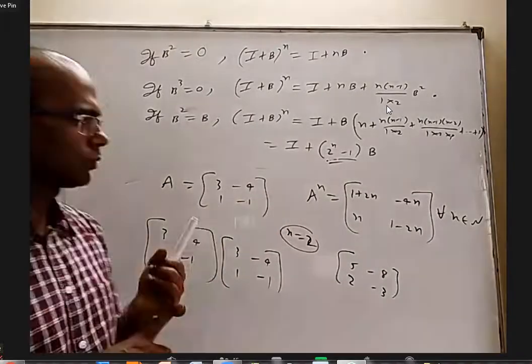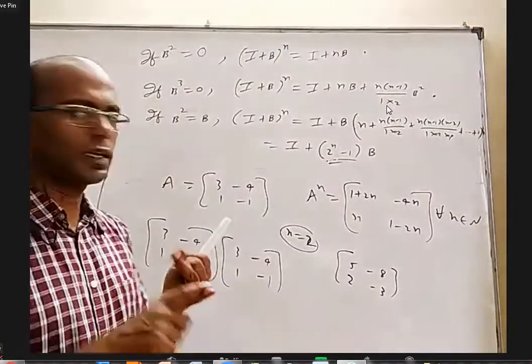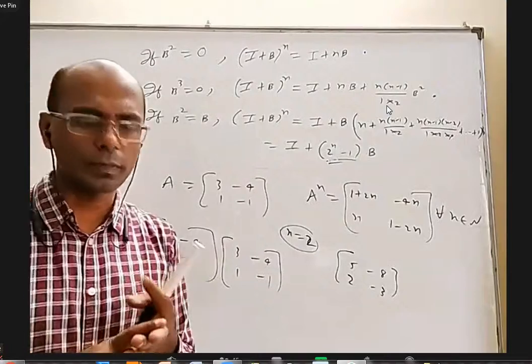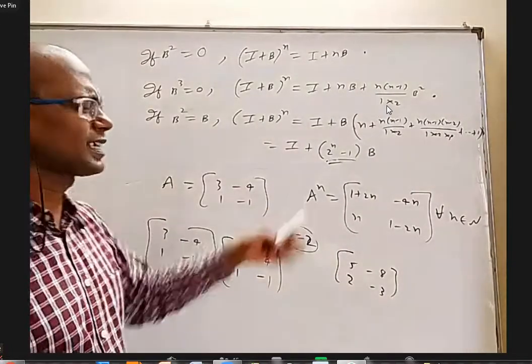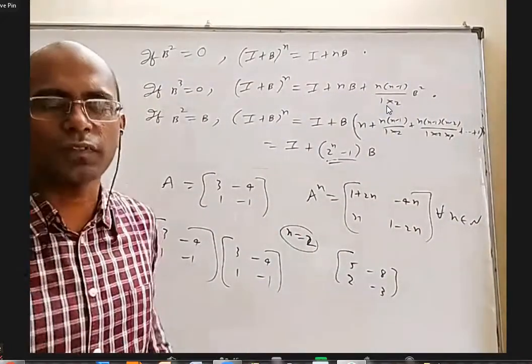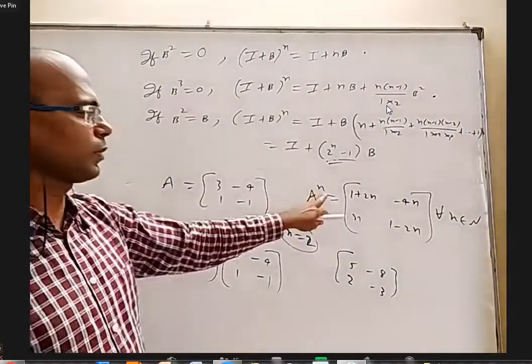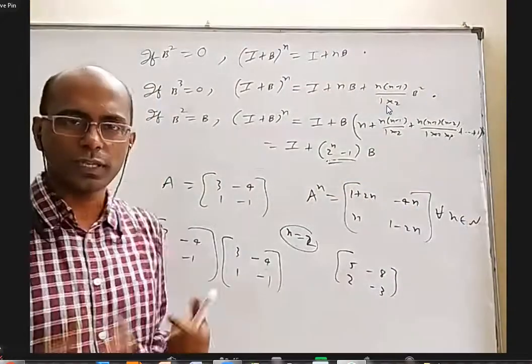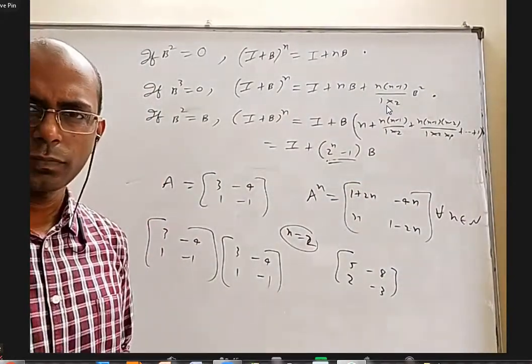For n equal to 1, it came correct, n equal to 2, it came correct, n equal to 3, it came correct, n equal to 4 came correct. So can I say, I'm so tired, why should I do it so many times? For 4 times it is correct, which means it will be correct for sure for all the natural numbers. If you put a power 100 also, it will come based on this. Can I accept like that? Yes, sir. No.